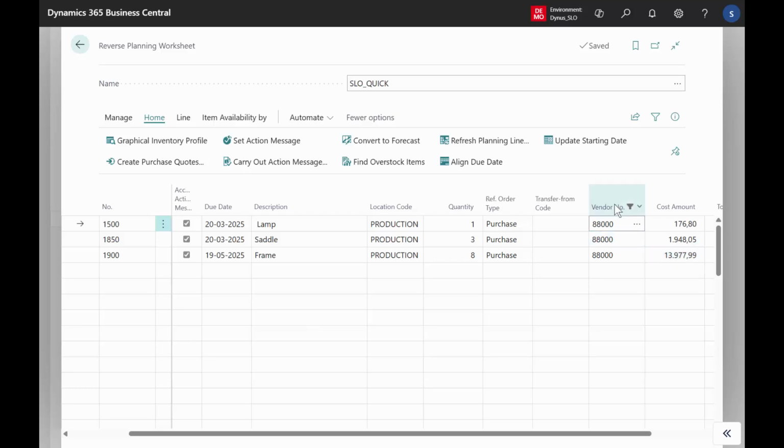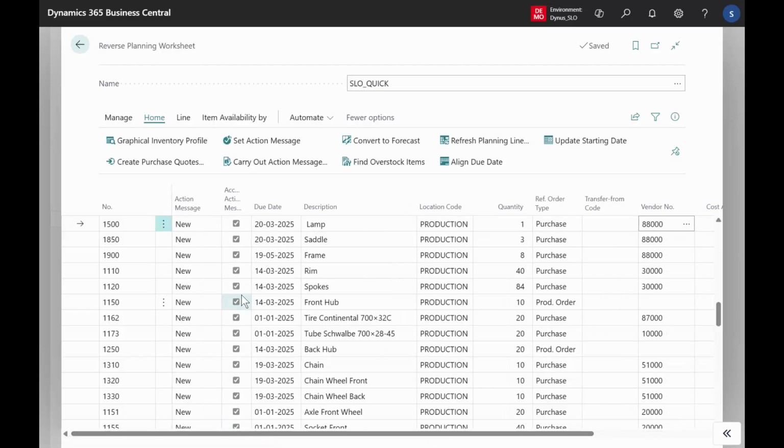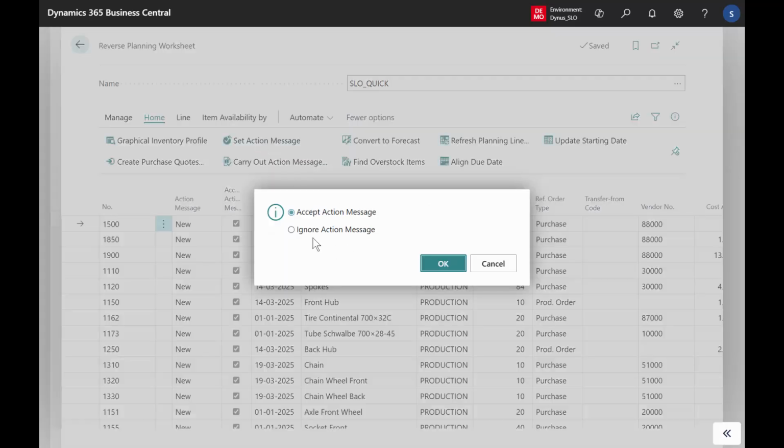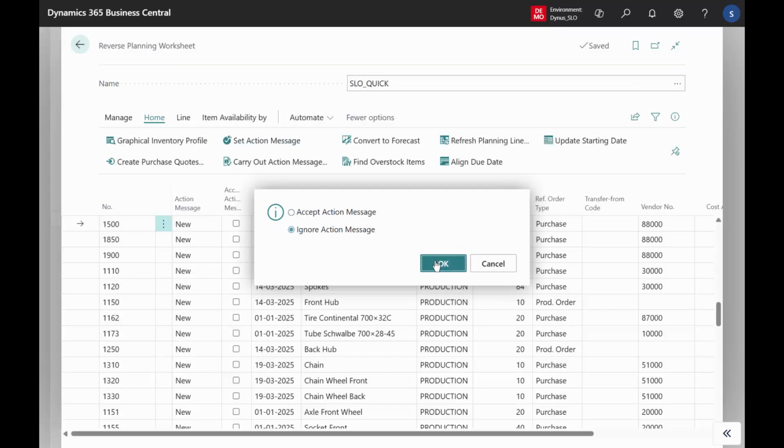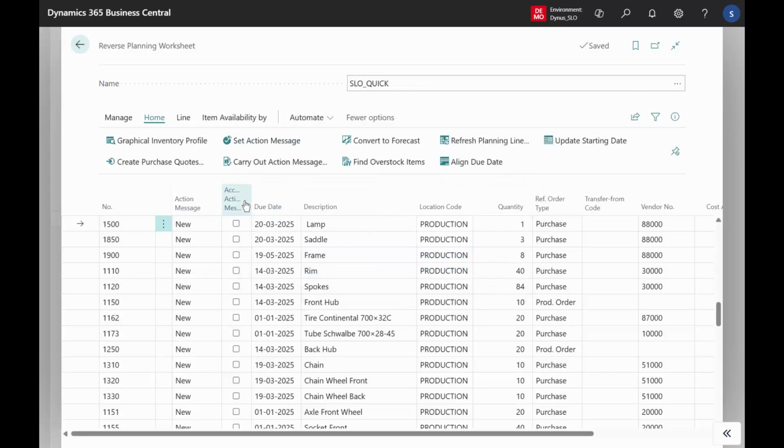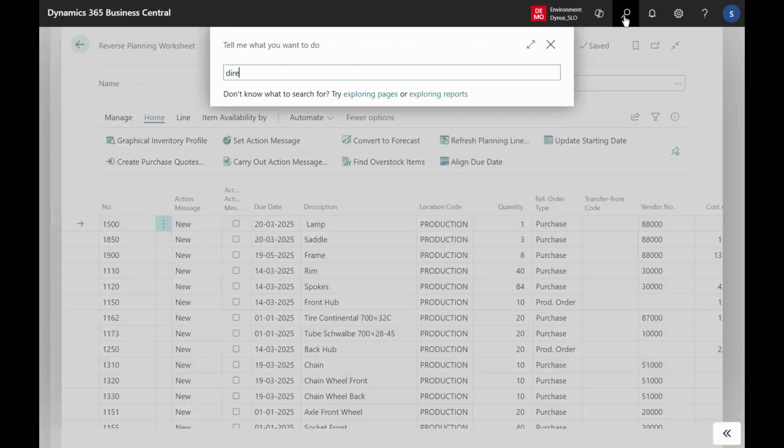I'd like to plan more for this vendor, even though nothing more is critical, and I can use the direct replenishment. First of all, let me clear this filter and remove the action message check mark in here, so I can select set action message, ignore action, so I'm not creating any orders when carrying out right now. Then I can enter my direct replenishment